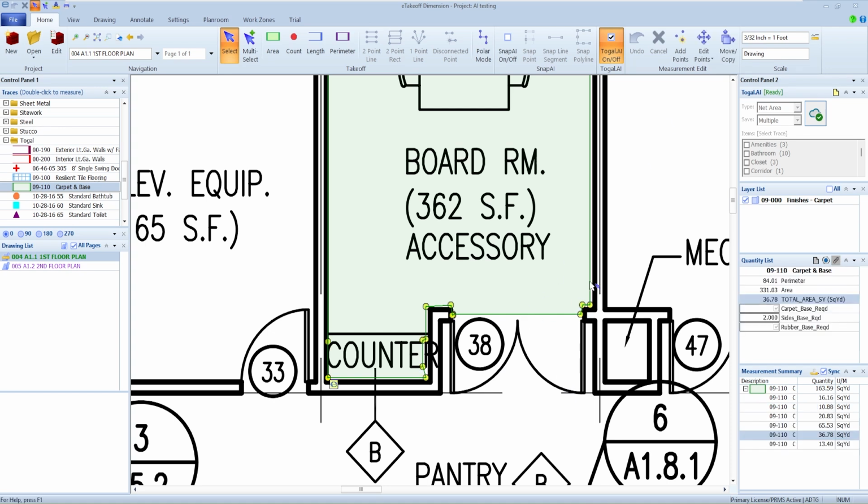You can always come back and tell it that you want to modify these points, and you can say, well, maybe for some reason I do want to stretch this out. You could still come back even though it's taken off some of these points and modify them. So if you do see something that went outside where I thought it should be or inside where it should be, you can still come back and adjust them.